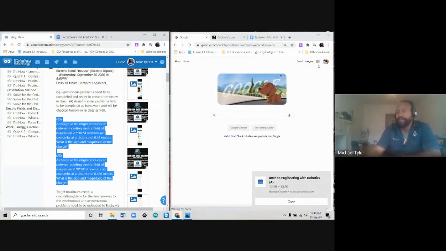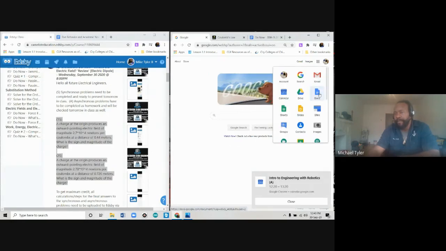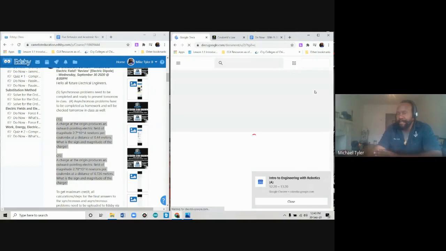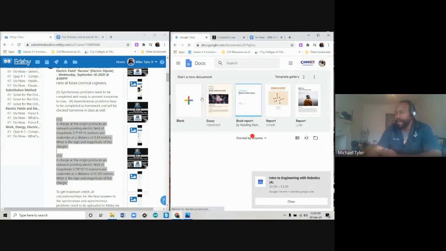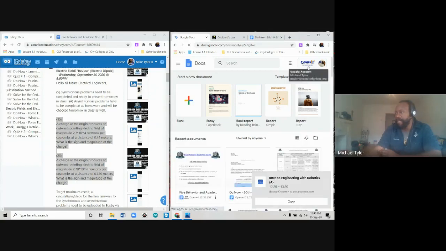But anyway, you want to open up a Google Doc. So you go to Google Apps, and you can do this on your phone too. And you click on Docs. First, you need to be logged in, in a Gmail account. That means it ends in some type of at gmail.com. And then the next thing is, if you're on the phone, you want to make sure you download the apps. I think they're separate. You're going to start a new document, blank.